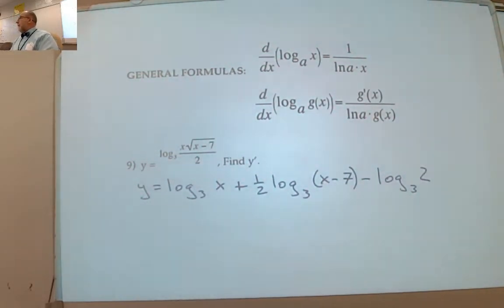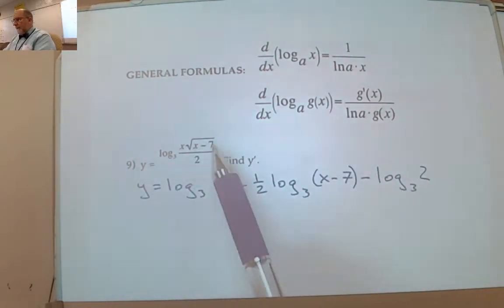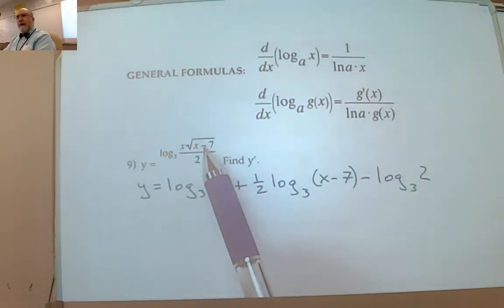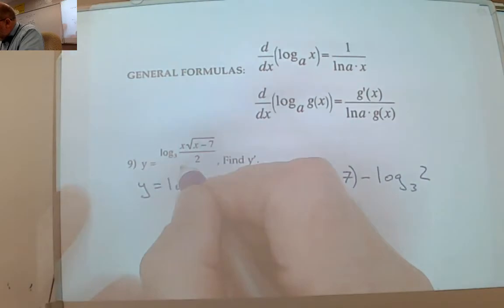Okay, before you start, do you see where I got that? I just expanded the logarithms, right? But everybody okay with that? Everybody okay where the half came from? Because there were some questions first period where the half came from. The x minus 7 is being raised to the half power. Okay? All right, so this is kind of like,